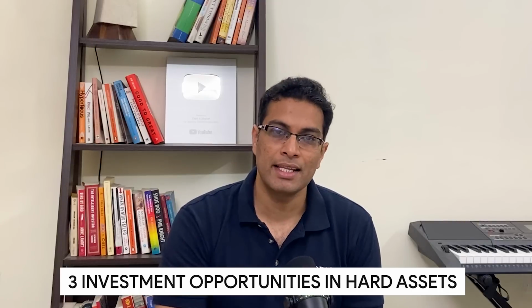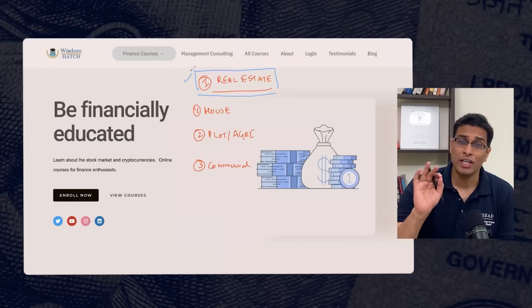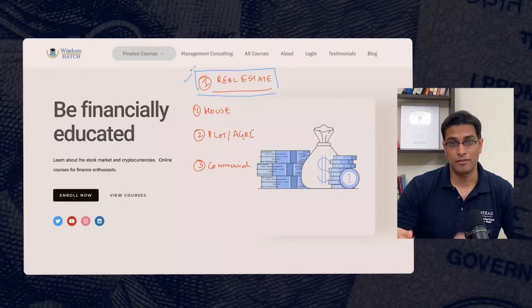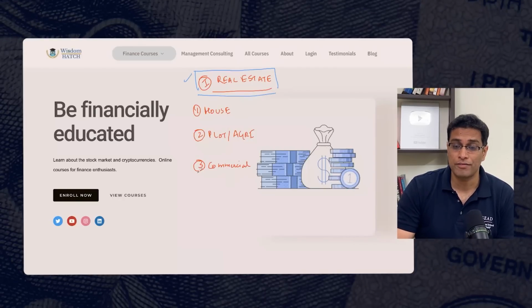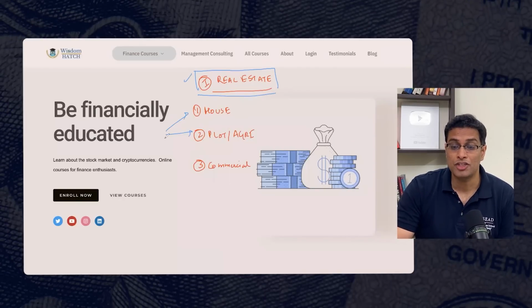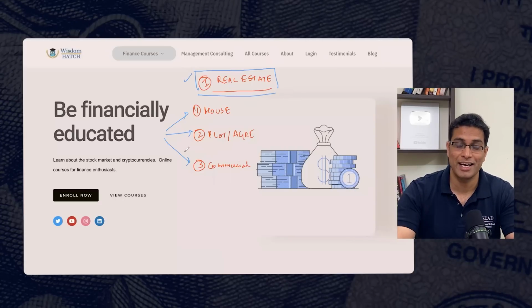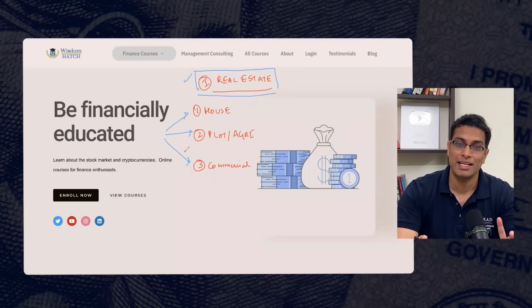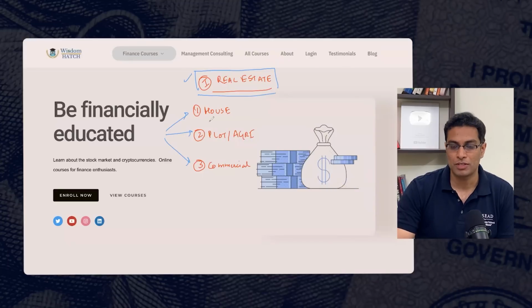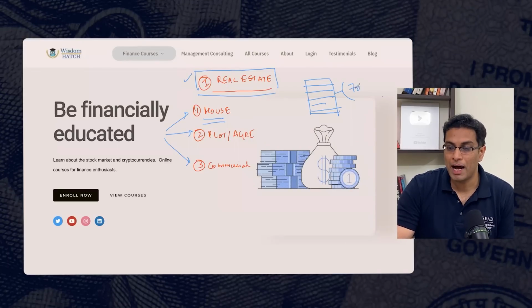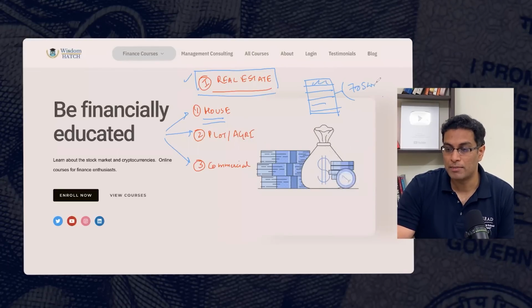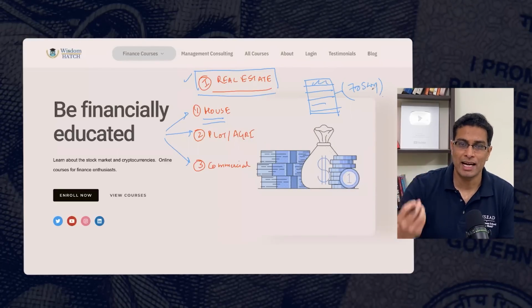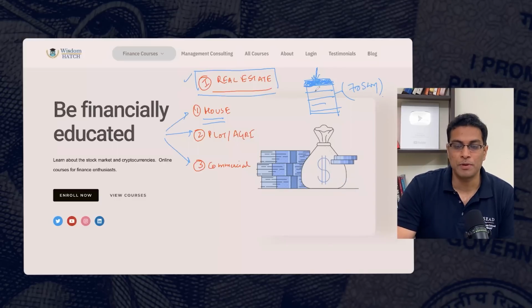The first hard asset that I'm going to discuss is real estate. It is one of my favorite assets. But what type of real estate? This is where people get confused, because real estates are of different types, and the nature or the hardness of that real estate changes with the type of real estate that you are buying. So let me juxtapose this example. If you buy a flat in this 70-story building, then what is it that you are exactly owning? You are owning this particular unit.